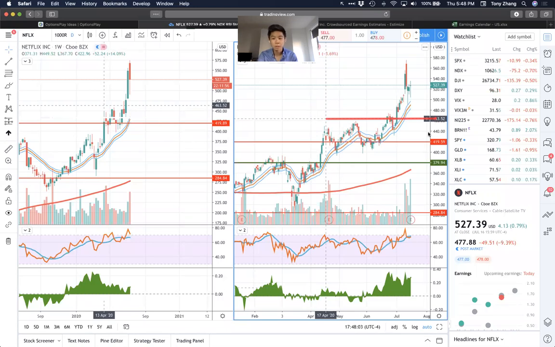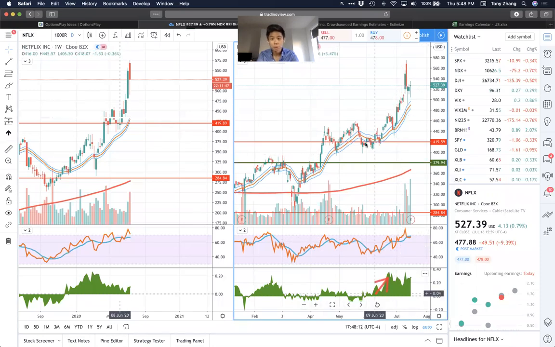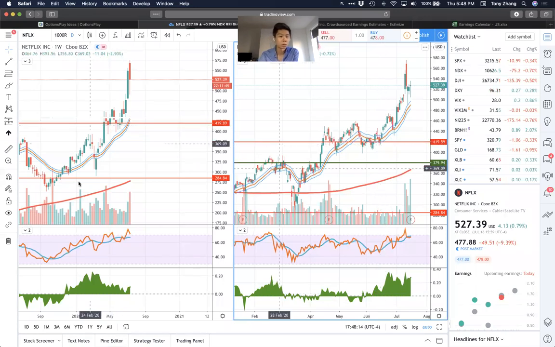So this is Netflix. Notice how before the breakout, money flow was pretty strong, and you got a pretty big move to the upside. Money flow was strong prior to the breakout. That is one of the things that I do look for on a trade. At the end of the day, nothing is a sure bet, but money flow is one of the ones that is worth looking